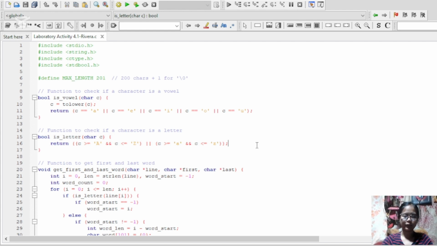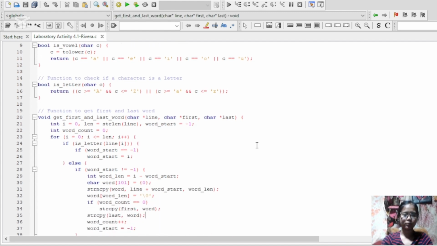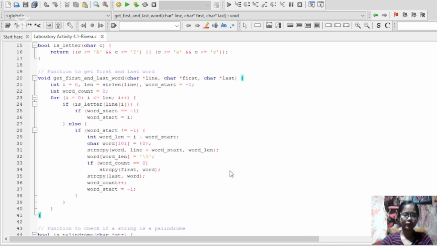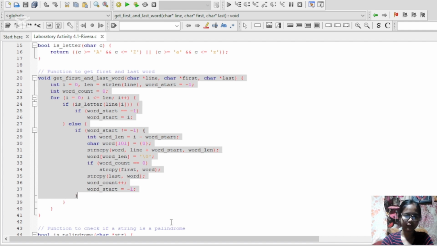Let's scroll down. This line is the function to get the first and last word.